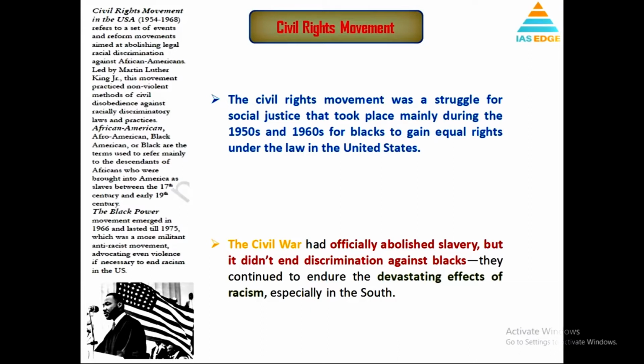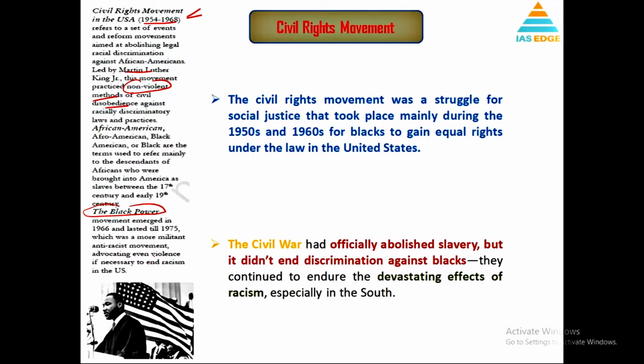But that is not important. What is important here is that they identified with a movement and they were able to show this. Civil rights movement was the period, you can see the same period, and this was a period when it was led by Martin Luther King Jr., and it talked about Gandhian principles of non-violent methods, civil disobedience methods, and eventually later on Black Power came, which was ready to use